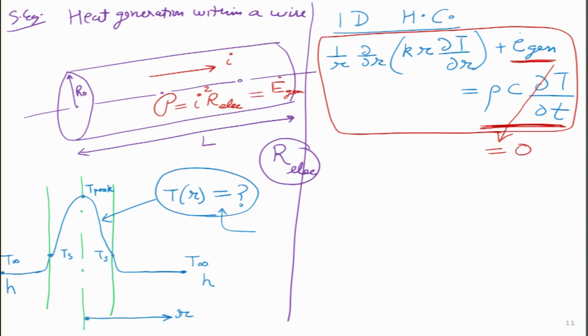And how is this capital E dot gen correlated with this small e dot gen? Again, this question I am asking because we did it in the last class. This is simply related by, this is divided by volume. So, let me go ahead and write those expressions down over here. For this particular cylinder, what is the volume of this whole cylinder? We can write it is simply pi r naught square L,